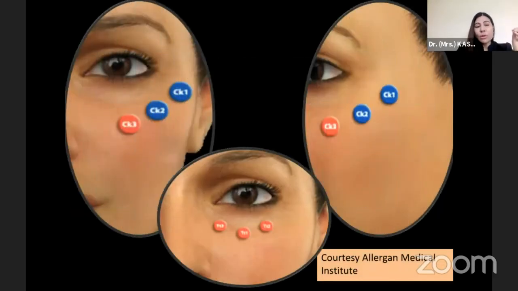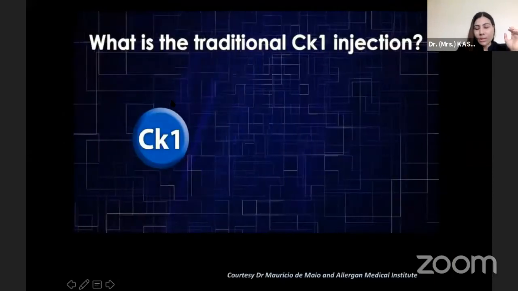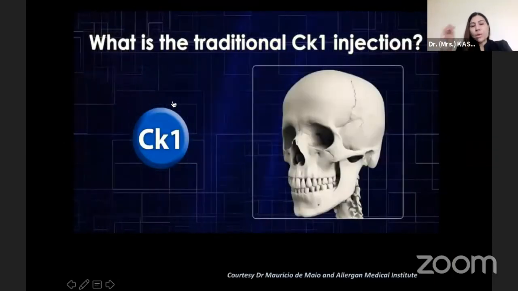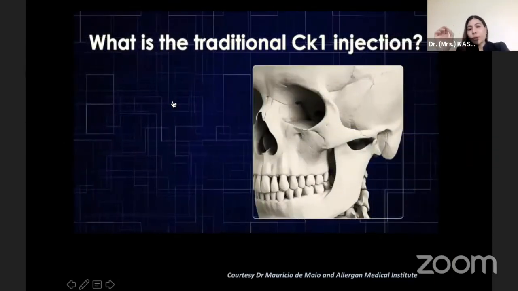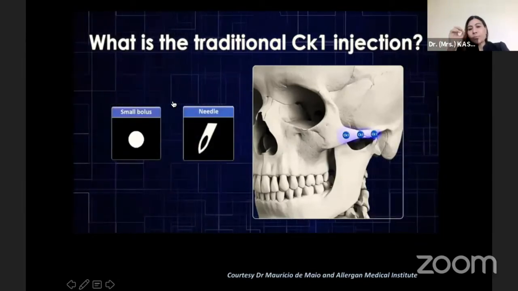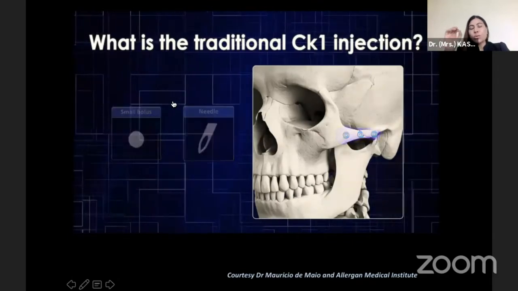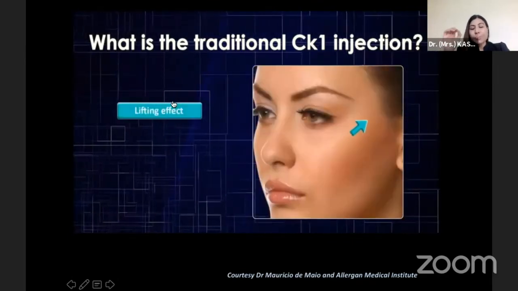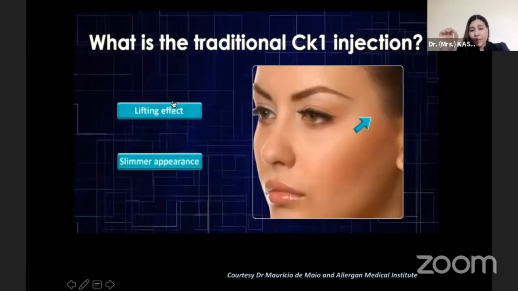So when we talk about the management of tear trough, there's a very classical teaching by AMI where you see the 3 points to be targeted: TT1, TT2, TT3. But along with it, you have to do a mid-face sleep. You need to touch the CK1, CK2, and the CK3. So what is the CK1 point? The CK1 point is a point on the zygomatic arch. This is a very important point because if you touch this point, which is also known as the G point by the plastic surgeons, it really gives a good lifting effect.